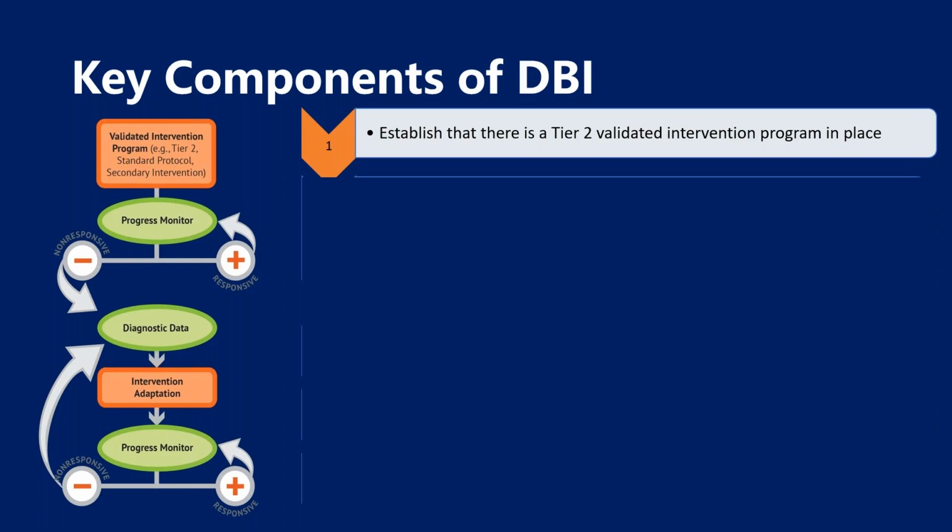Step 1 is to establish that there is a tier 2 validated intervention program in place with increased intensity, which could mean a smaller group size or time allocated to that intervention. Dr. Lemke just did say this, but just a reminder that DBI is not one single intervention program or a strategy. It's really a validated process. So looking at step number 2,